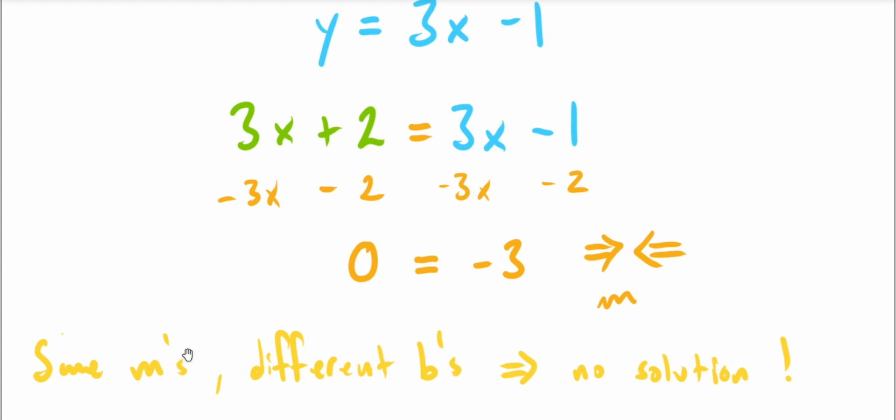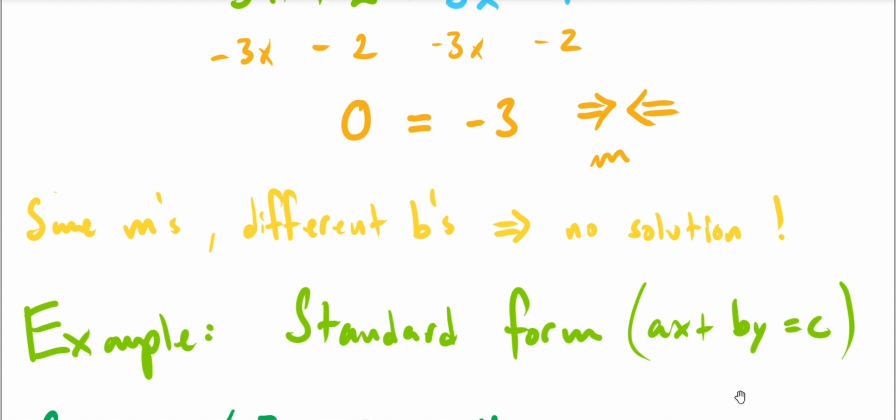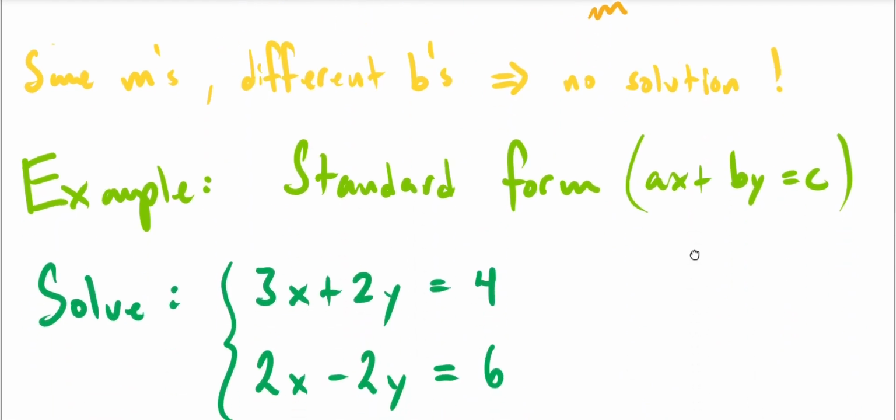And that's what it would be geometrically. Here's what it is algebraically. You find a number equal to some number that it's definitely not equal to, then there's no solution. Let's take a look at another kind of example that we could have, where our system is given in standard